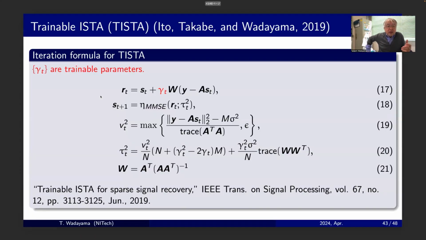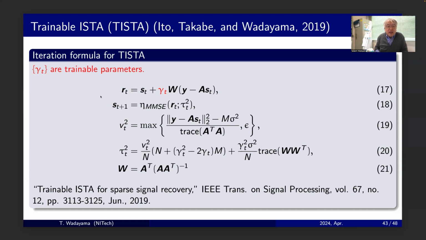Okay, now let's look at one of the state-of-the-art sparse signal recovery algorithms. The name is trainable ISTA, we call it TISTA in short. That was developed by Ito, Takabe, and me. The recursive formula of TISTA is shown from equation 17 to equation 21. They look very complicated,